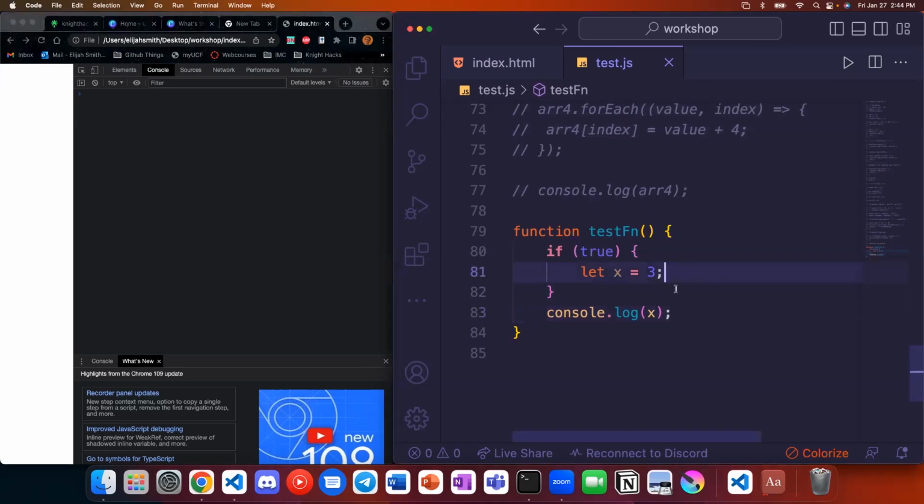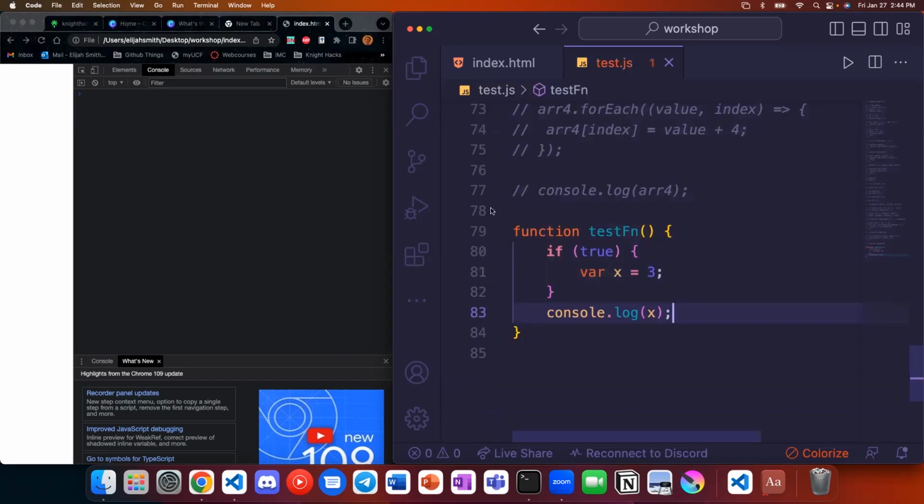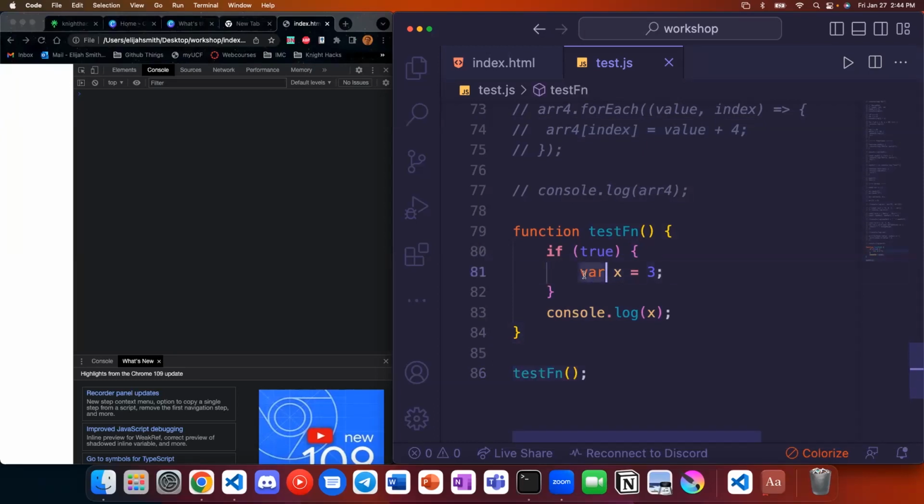Hold on. I swear this is exactly what I wrote. Why does this not work? Oh, because I didn't call the function. I'm a dumbhead. All right. Remember, you got to call the functions that you declare, otherwise they don't do anything.